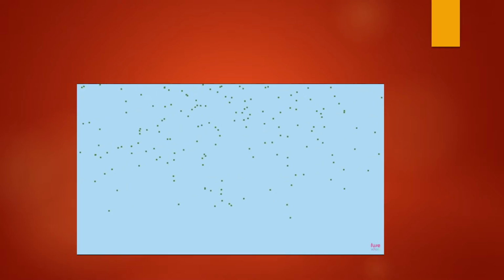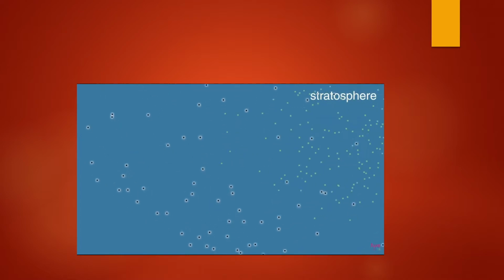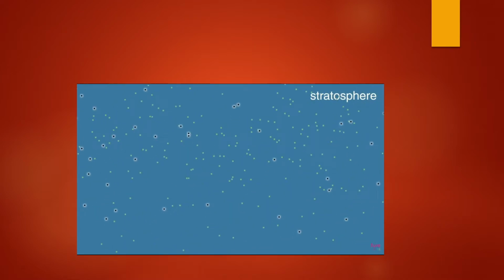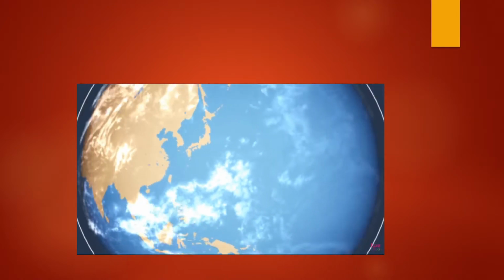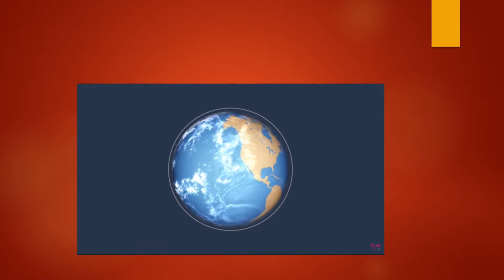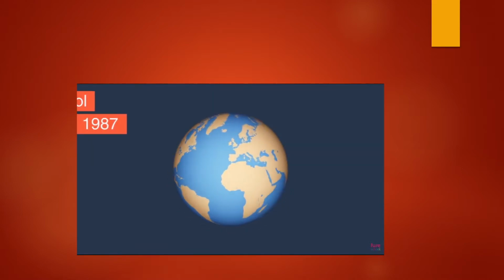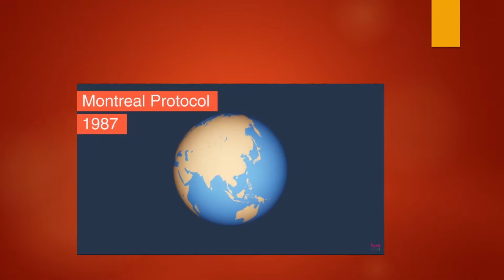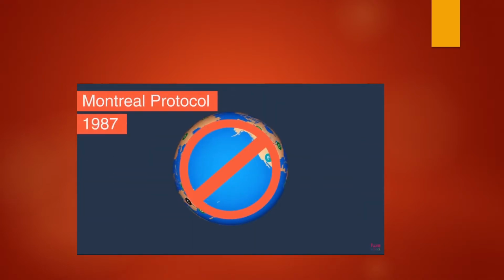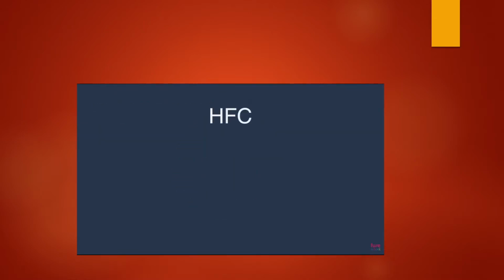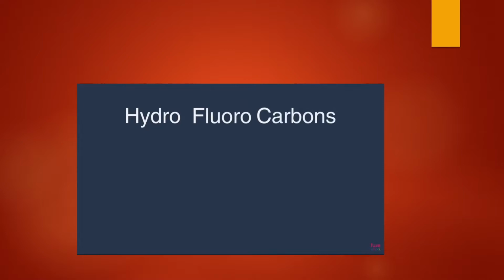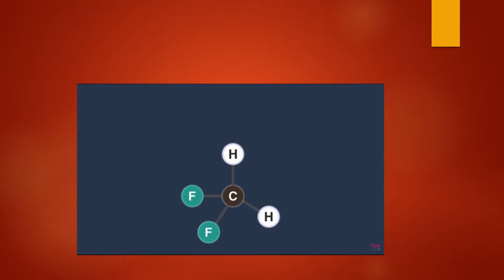These chlorine atoms are eventually removed from the stratosphere naturally, but not before they have captured thousands of ozone-forming oxygen atoms. Thus the ozone-oxygen cycle was being destroyed, and the ozone layer was thinning all over the world. Thus, in 1987, the Montreal Protocol was signed by all nations of the world, banning the production and eventually the use of CFCs. They have been replaced by HFCs, hydrofluorocarbons, a similar molecule which contains hydrogen in place of chlorine,